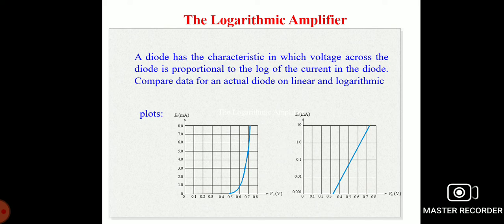Compare the data of an actual diode on linear and logarithmic scales. So here is the graphical representation, the voltage versus the current between the terminals, which can be overridden at the quiescent point. Now we can move to the